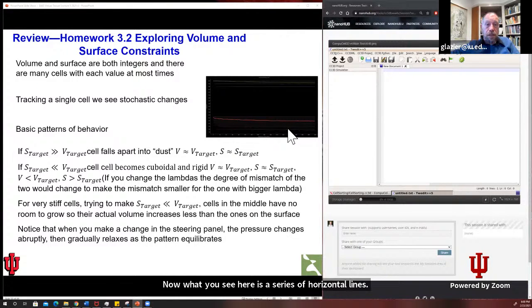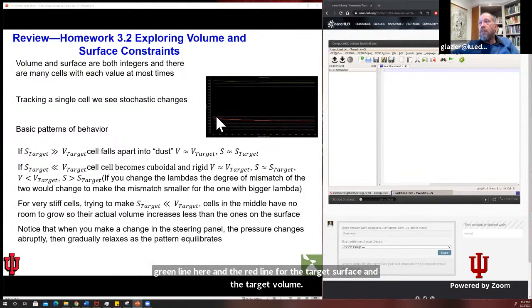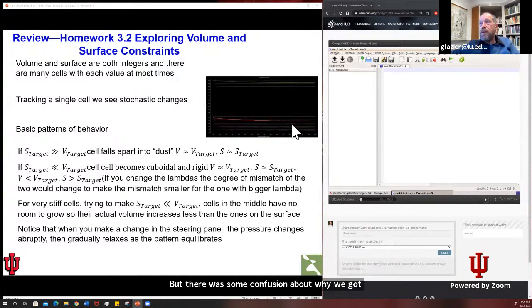corresponding to, and there was some confusion about why you got this kind of line, these horizontal lines. The average, the green line here and the red line for the target surface and the target volume seem to be well behaved, but there was some confusion about why we got these apparent horizontal lines and what was going on. And what you have to do to understand that is to remember that each one of these,